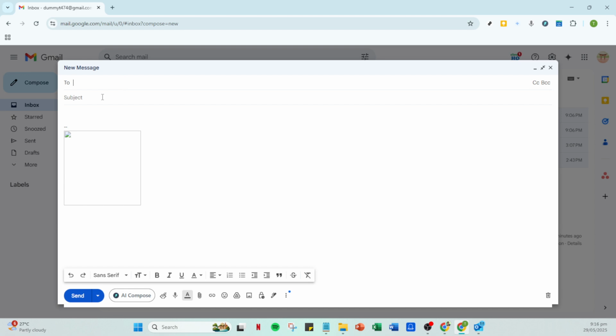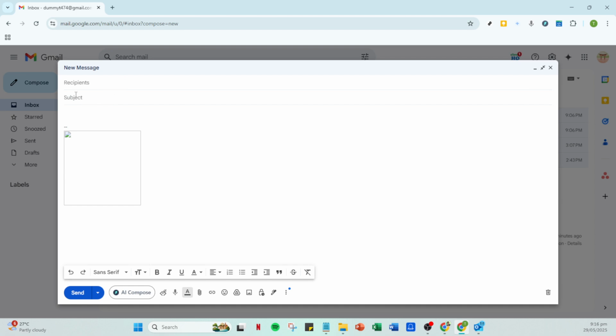After entering the recipient's email, it's time to type in the subject of your email. Keep it concise and descriptive. A clear subject line can help the recipient understand the purpose of your email at a glance. Now move on to the body of your email. This is where you can provide any context or information relevant to the files you're about to attach. You might want to include a brief message or additional instructions related to the attachments, ensuring clarity and purpose in